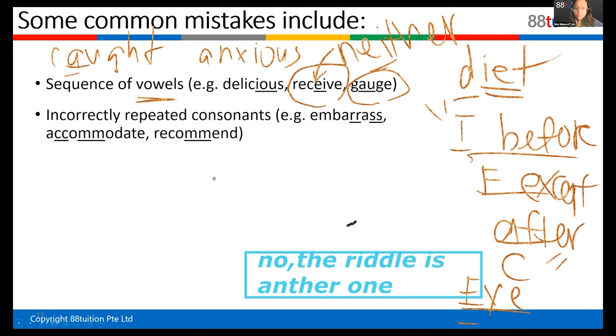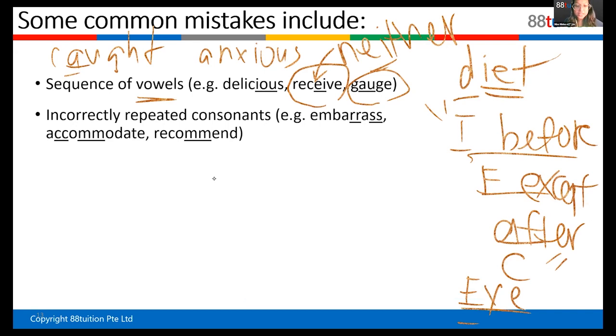Next one. Repeated consonants. Some words have double letters. Consonants are every other letter other than A, E, I, O, U. So you see, embarrass has two R's, two S's. Accommodate, two C's, two M's. Recommend, two M's. So some